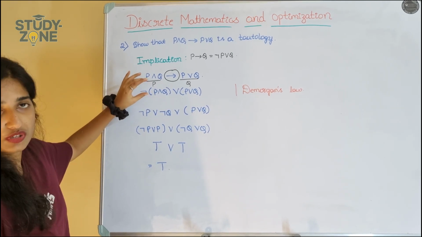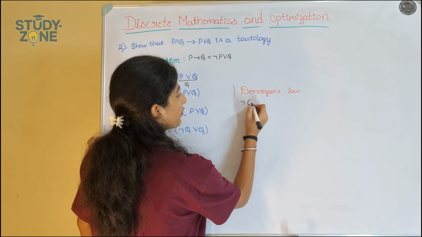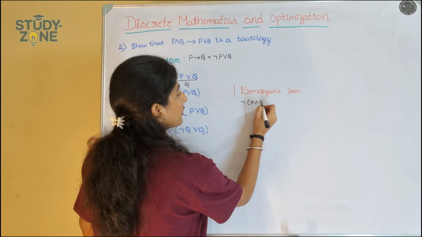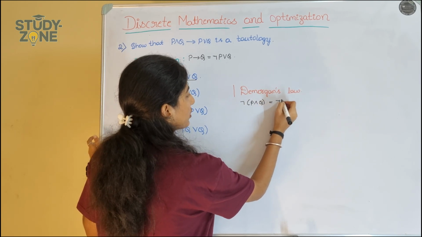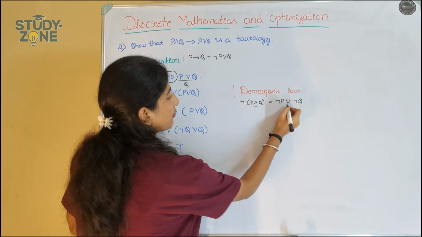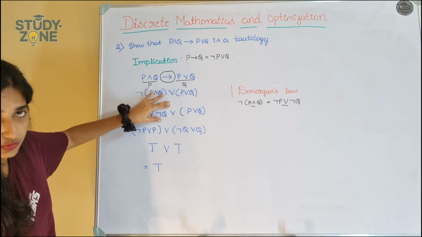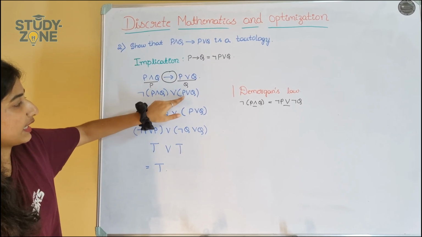We have to apply De Morgan's law, right? What does De Morgan's law tell? Negation of P and Q will be equal to negation of P or negation of Q, correct? Here the symbol changes. So negation of P or negation of Q, or as it is, and then P or Q